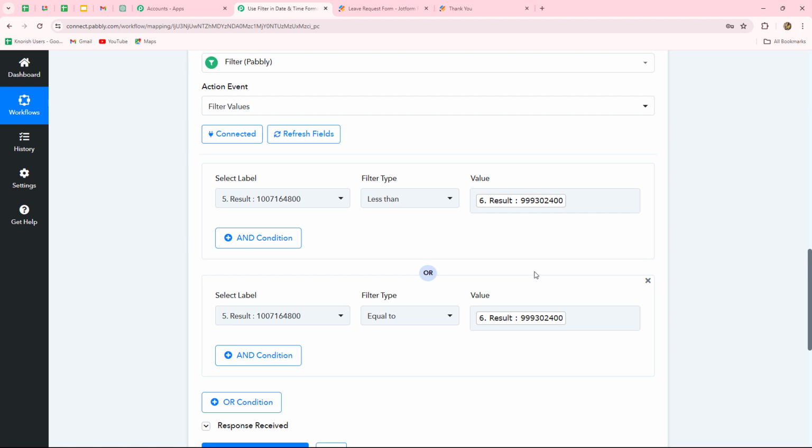9 a.m. as well as he can submit the form at 9 a.m. as well. So I have selected the conditions over here in the or format. So the timestamp at which the form is submitted will be less than the 9 a.m. timestamp format. Then also the workflow should continue. And if the form is submitted at 9 a.m. and the timestamp of 9 a.m. will be equal to the timestamp which we have received from the response, then also we want to run the